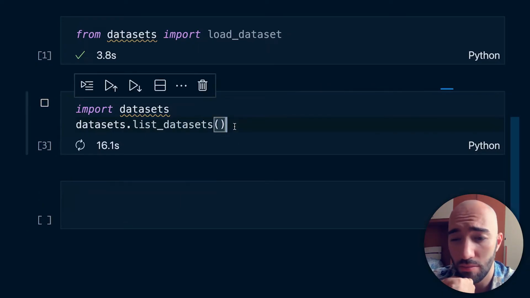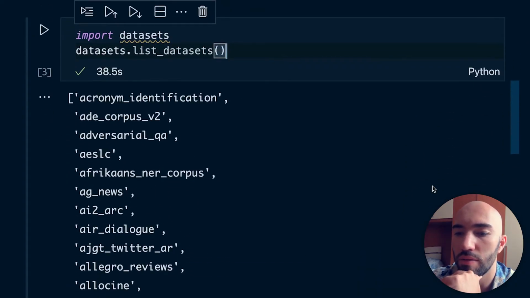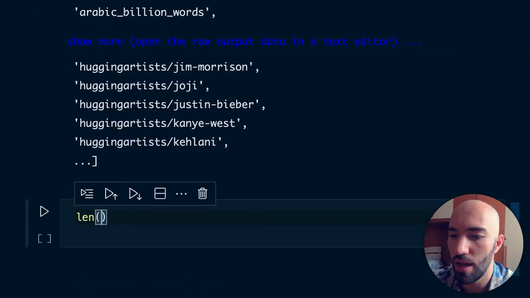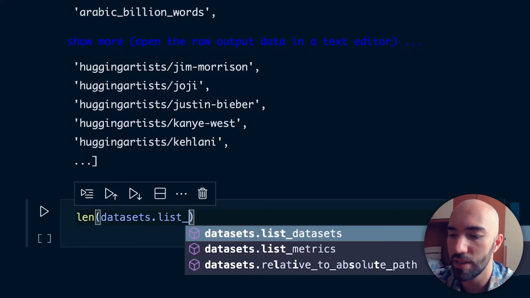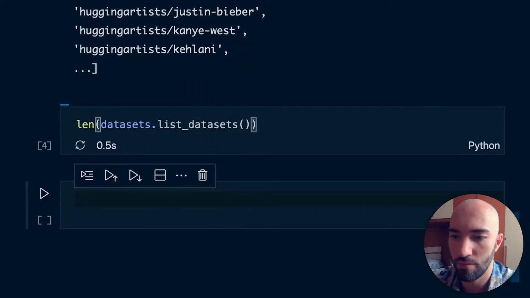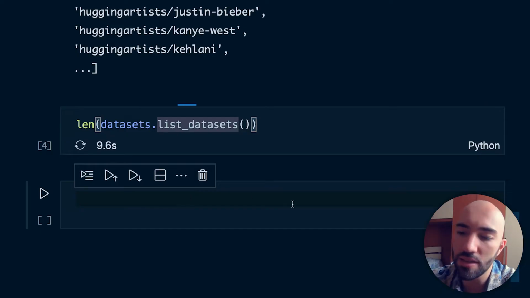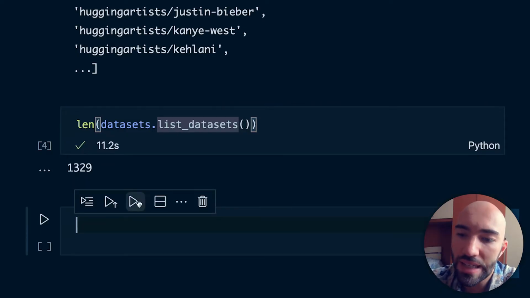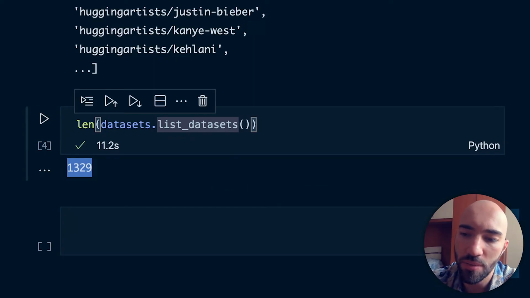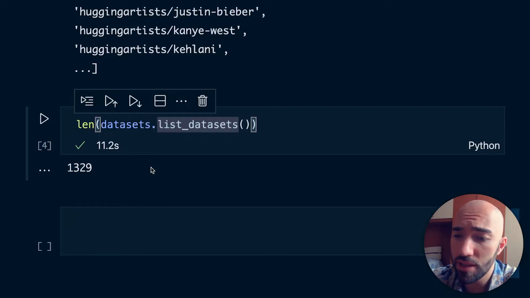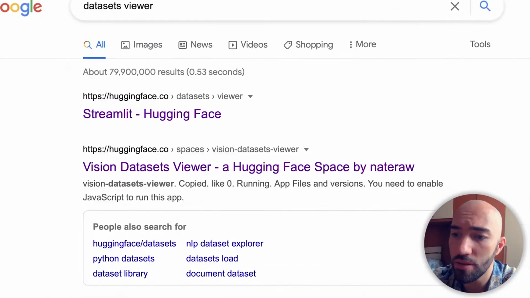I think it's just a fair bit over 1,000 now. Okay, so we have all of these, which is a lot. I wonder how many. Let me check the length of datasets.list_datasets. My internet is very bad at the moment, so it takes forever to download anything. But there are datasets, and this is one way of viewing those datasets. This is how many we have in all of HuggingFace, and there's new ones being added every day. But an easier way of doing this is to go to Google, type in Datasets Viewer or HuggingFace Datasets Viewer,